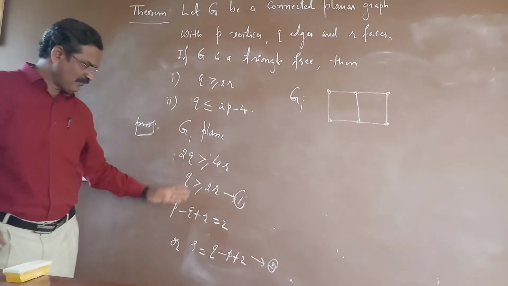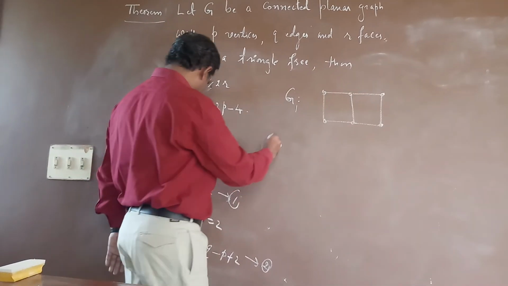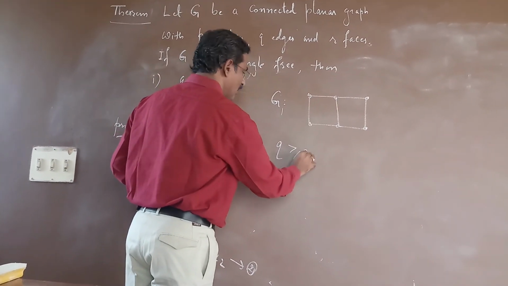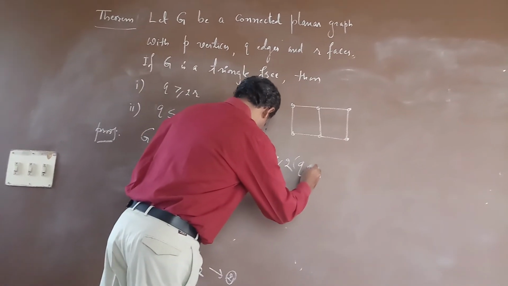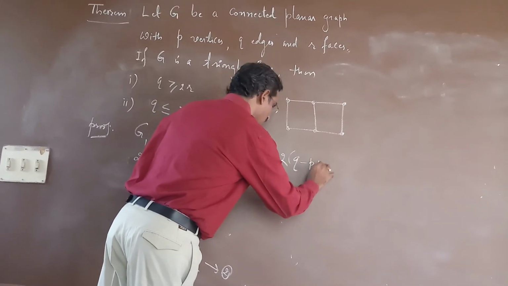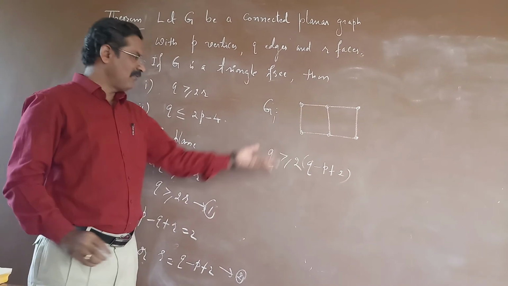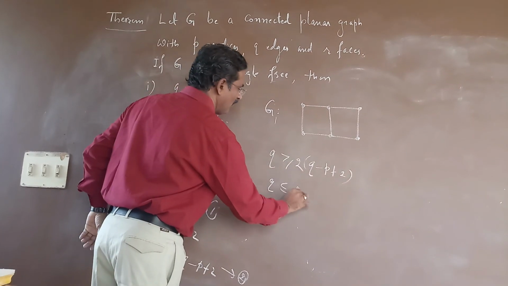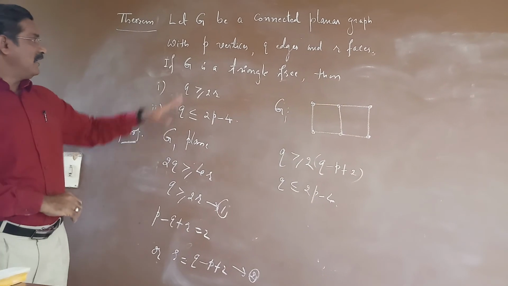Again using the result 2 in 1, from equations 1 and 2, we can say Q is greater than or equal to 2 times R, which is Q minus P plus 2. Again combining the Q terms and simplifying, we get Q is less than or equal to 2P minus 4. This is the result when G is